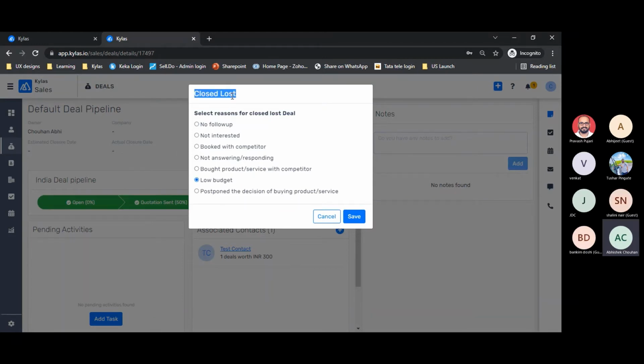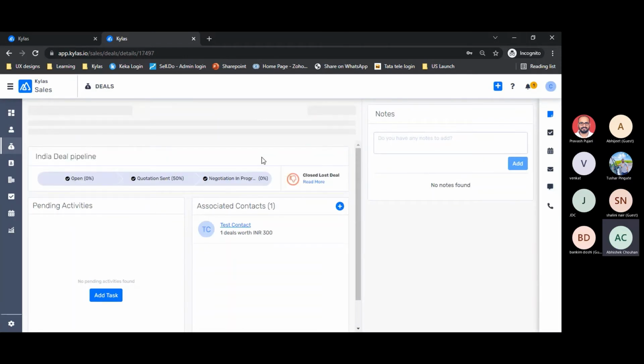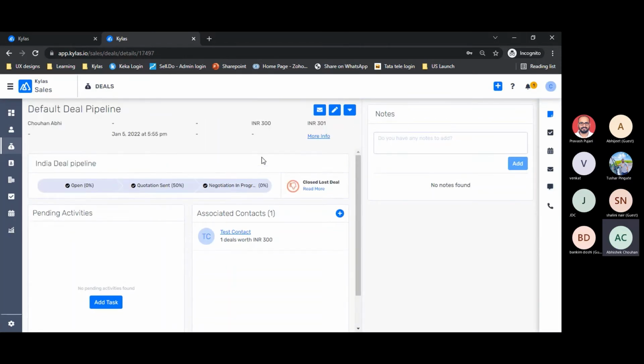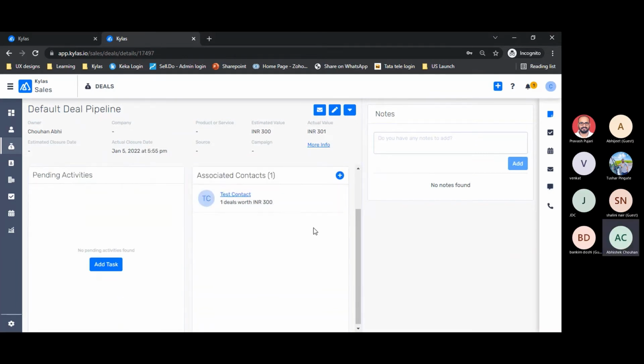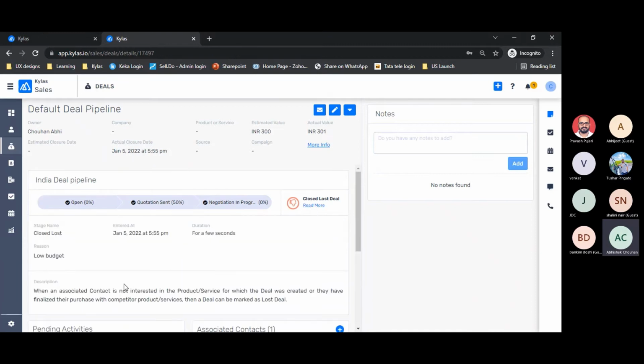And same as leads, we have some reasons on the closure of deals as well that can be marked over here, and we can again fetch a report on the deal pipelines showing how many deals have been closed with a certain reason, for example, low budget in this case, right? So we may give a thought to whether we are really sourcing good leads who have a proper budget based on the price that we are offering in the market, or whether we are overpriced.